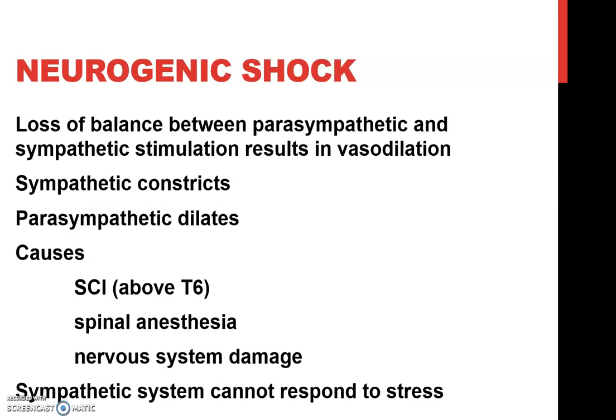So that's septic shock. Neurogenic shock is caused by a spinal cord injury above the level of T6. Can also be caused by any type of nervous system damage and spinal anesthesia. What happens